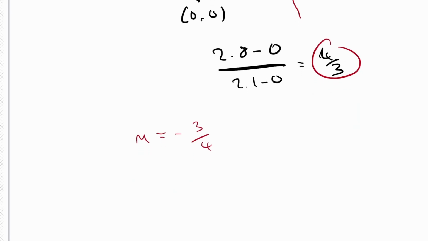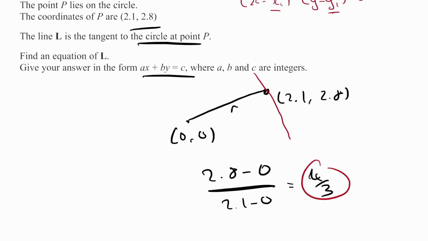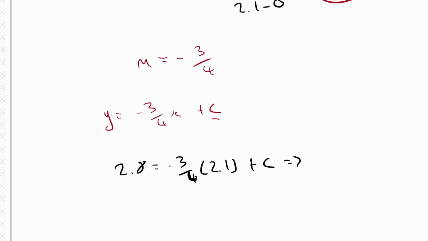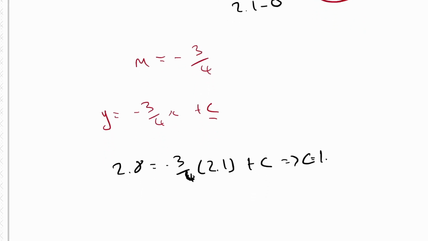For the next part, we just need to complete the equation. So we have y equals minus 3/4x plus c. So we need to work out what c is, and we can do that if we plug in values for x and y. And we are given two values of x and y because we're given this point P, which is on the circle, 2.1 and 2.8. Okay, perfect. So let's just plug those in. So when y is 2.8, then x is 2.1. And then you can rearrange to find what c is. So if you put that into your calculator basically to find out what c is going to be equal to